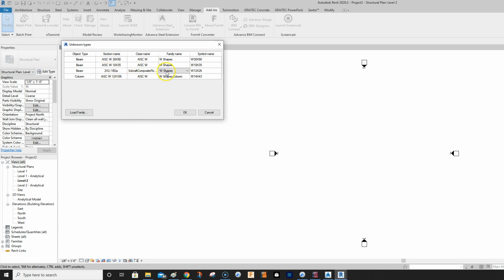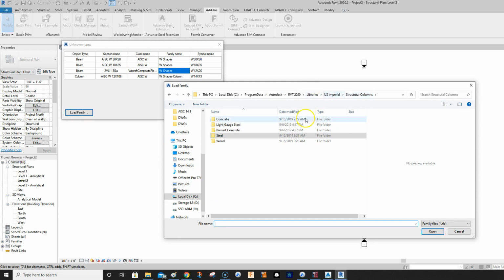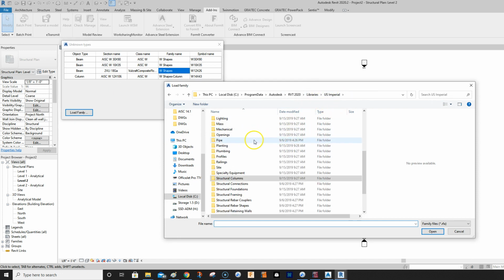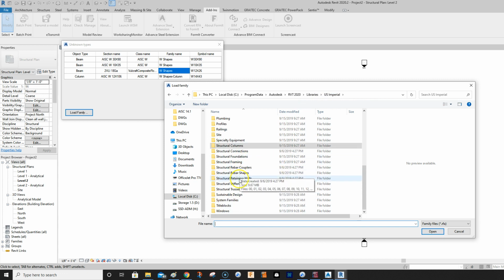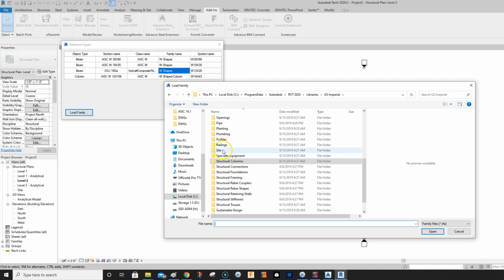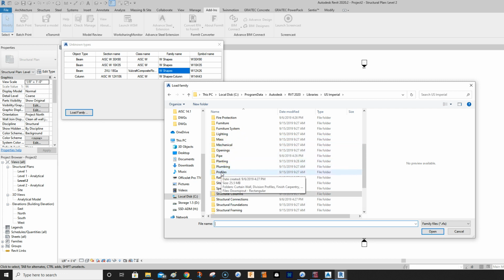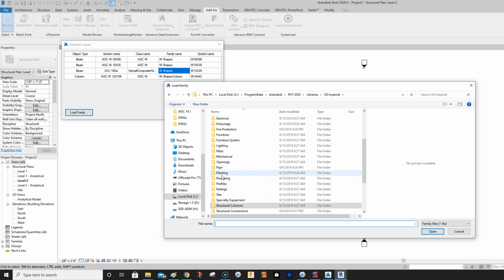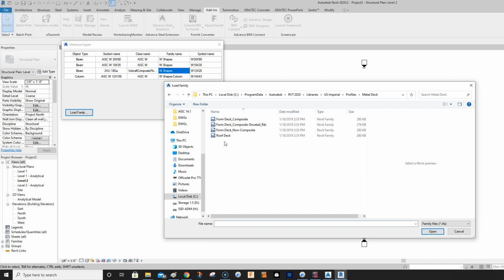So let's go in here and have a look, see if we can't find any composite floor deck. So let me see where I can find this. I'm sure maybe somebody that's watching this probably knows better than me. So let's just see what we got. Framing, foundation, connections. So there's railings, profiles, maybe it. Furniture. Let me see. Let's see what profiles it's got. Metal deck